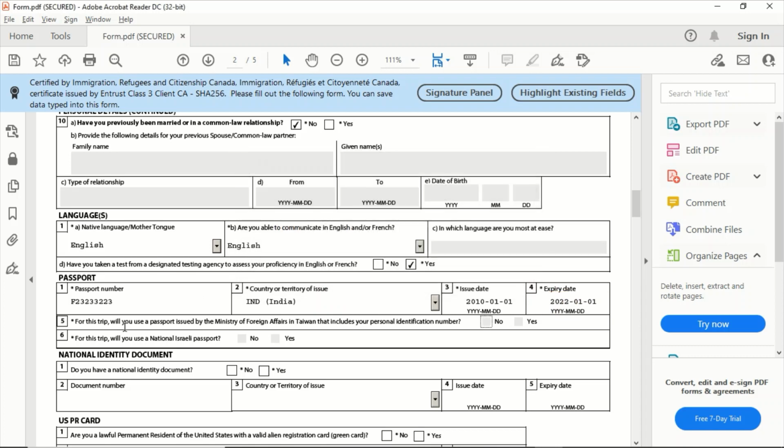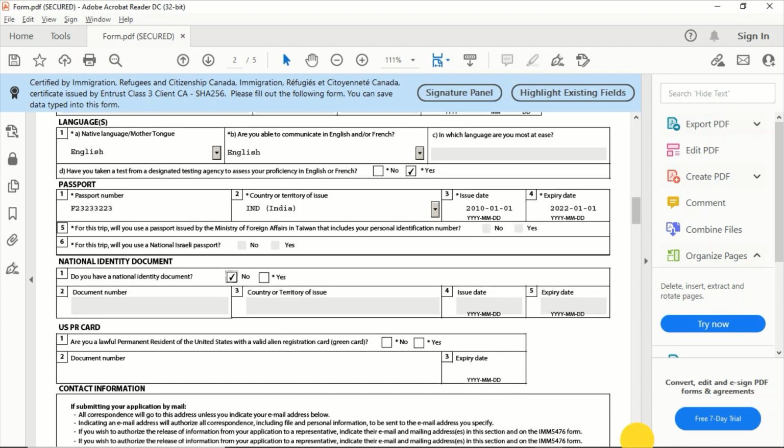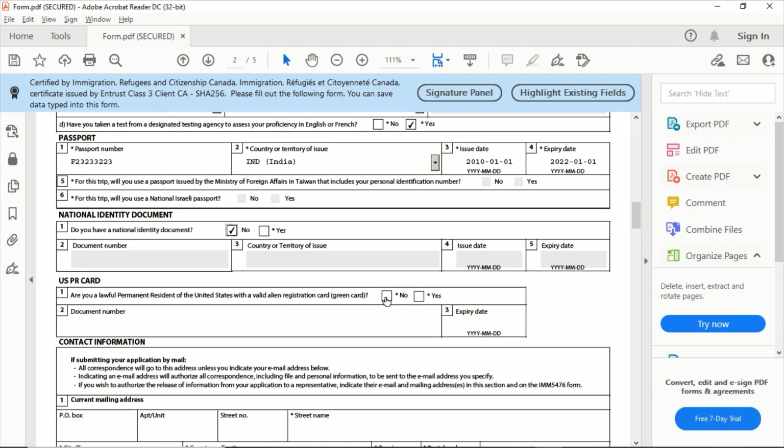Okay. These two are disabled fields. Do you have a national identity document like Aadhaar card or whatever the national ID document? But it's not mandatory. You obviously say no. No need to insert that one. Do you have US PR card? No.